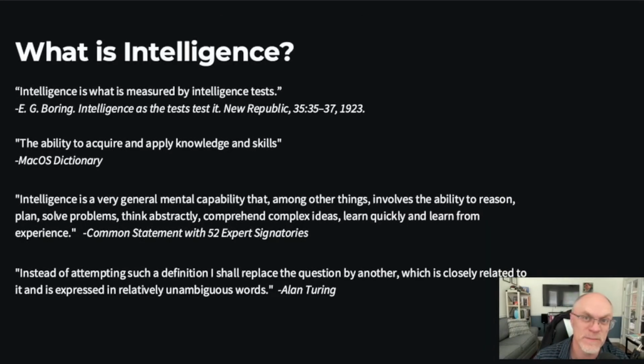Now, let's back up. If we're talking about artificial intelligence, what is intelligence to begin with? There's a nice paper that I've linked to in the course materials that has a good collection of different definitions. The first one is a circular definition that doesn't really help us a lot. It's what is measured by intelligence tests. And it's difficult to get people to agree. So IQ tests are probably the most common standard that we have.